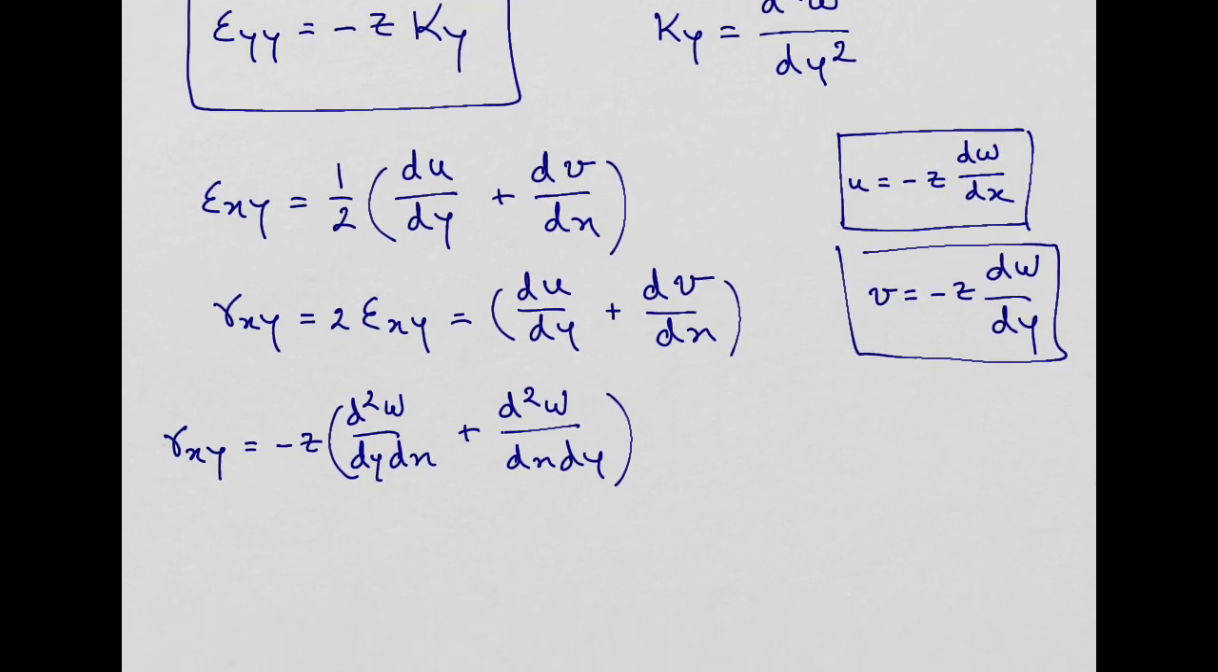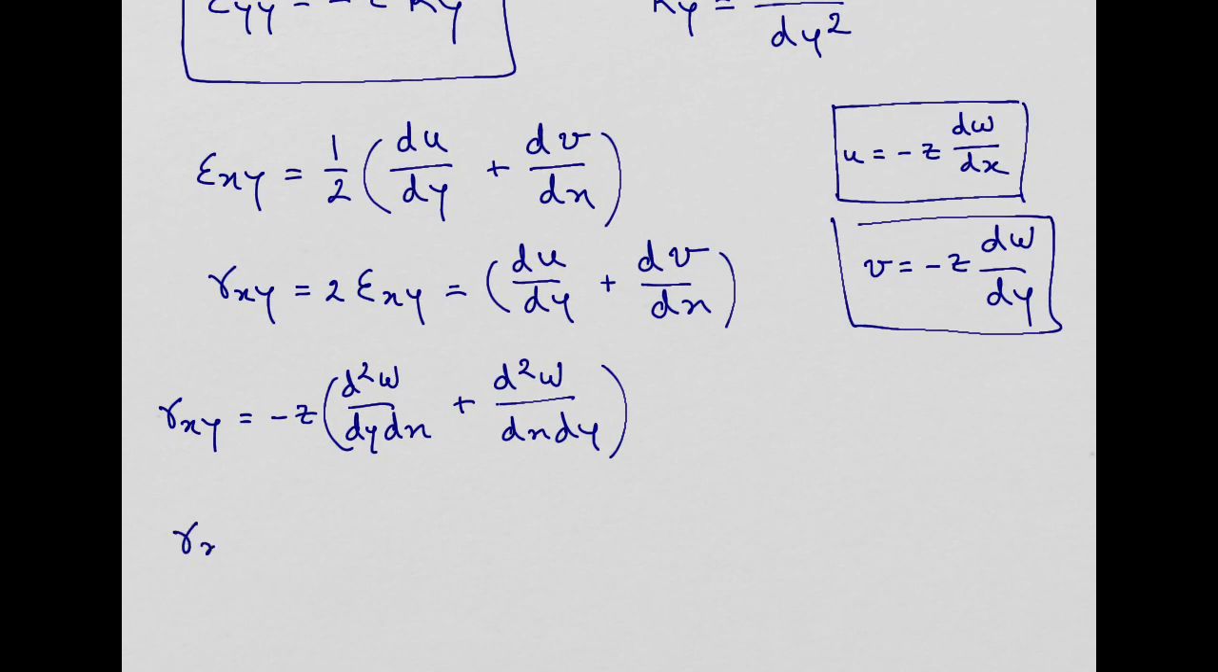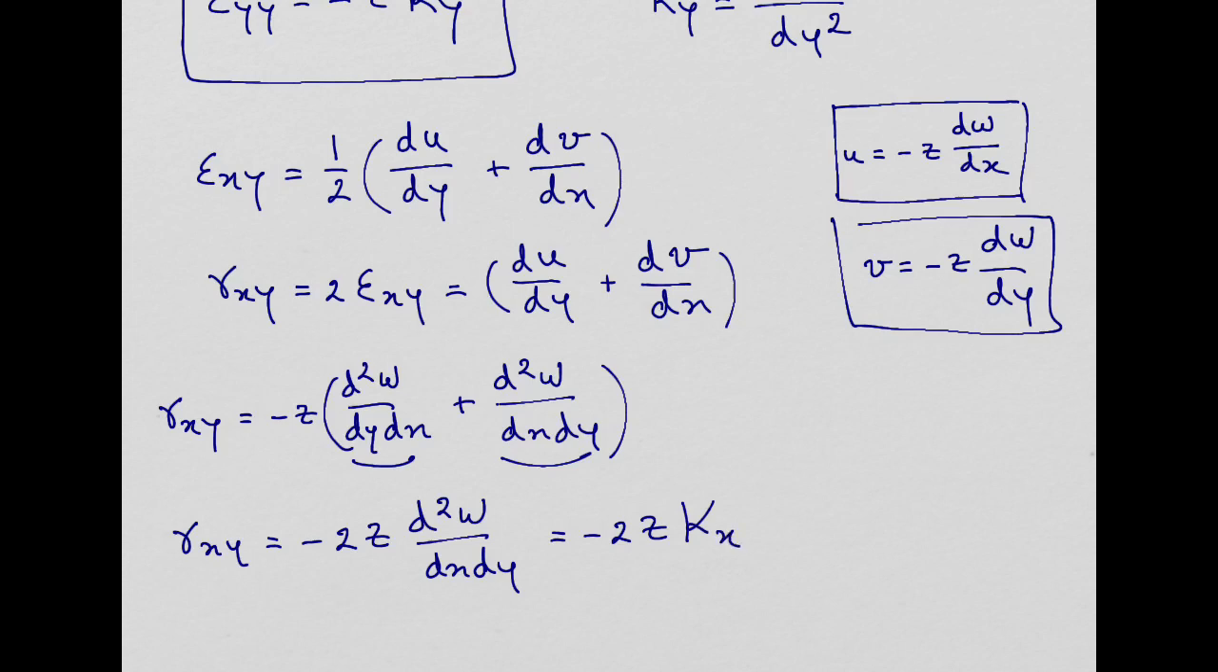So we can, so this is equal to this. So we can say this is going to be equal to minus 2z times the second derivative of w dx dy, or this is going to be minus 2z kxy. So kxy is a kind of twist,